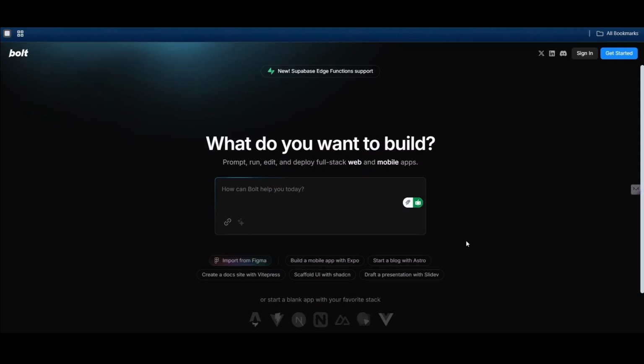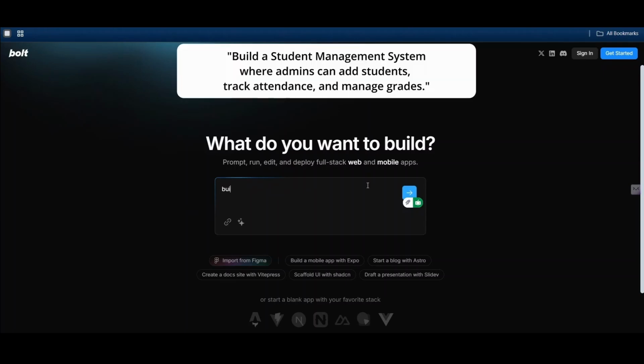Let's go ahead and create a project. Before that, you need to open Bolt AI and create a new project. So I've opened Bolt AI. Now you should be able to see a black box here. Here you need to type something like, build me a student management system where admins can add students. And you can add more, like track attendance and manage